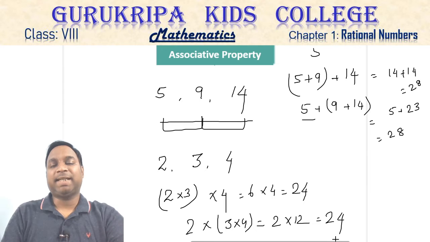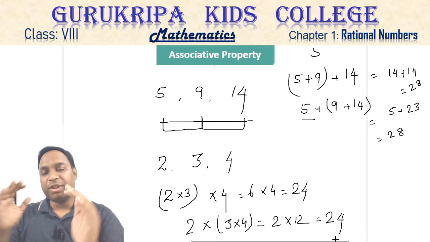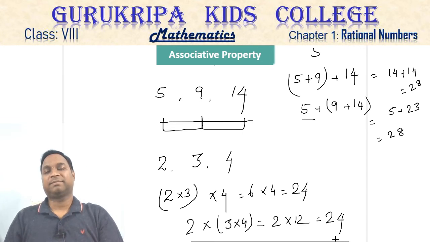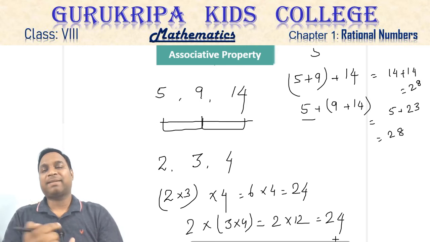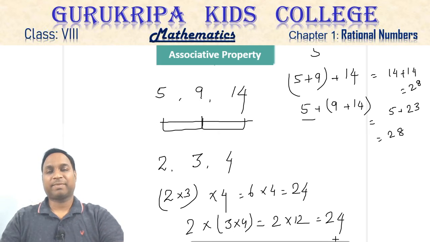So for addition and for multiplication, the order does not matter. मतलब which two do you add first or which two do you multiply first. है ना? किसी एक तरफ से स्टार्ट करना होगा, कहीं से भी स्टार्ट कर सकते हैं, and whichever way you start, you will end up at the same place. But